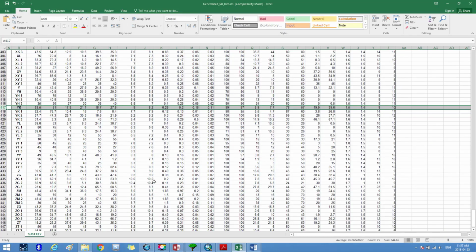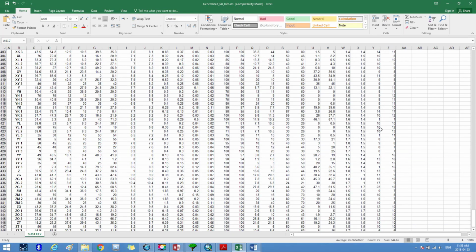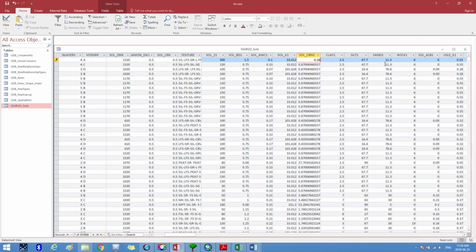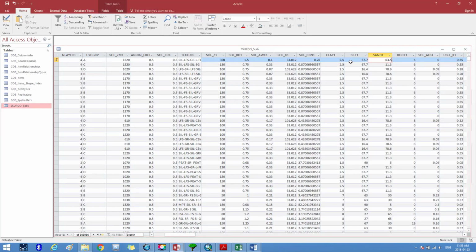and we change the field value with the address SOL-CBN1, which represents organic carbon, to 0.26, and we change the value of the field title SAND1, which represents sand percentage for the selected region, to 63.5%, and we change the value of the field with the title SILT1, which represents silt percent to 17.9%, and we change the value of the field title Clay1, which represents a clay percent to 18.7%, and the rest of the information we keep or change according to the information available to us for the selected region. As we see,